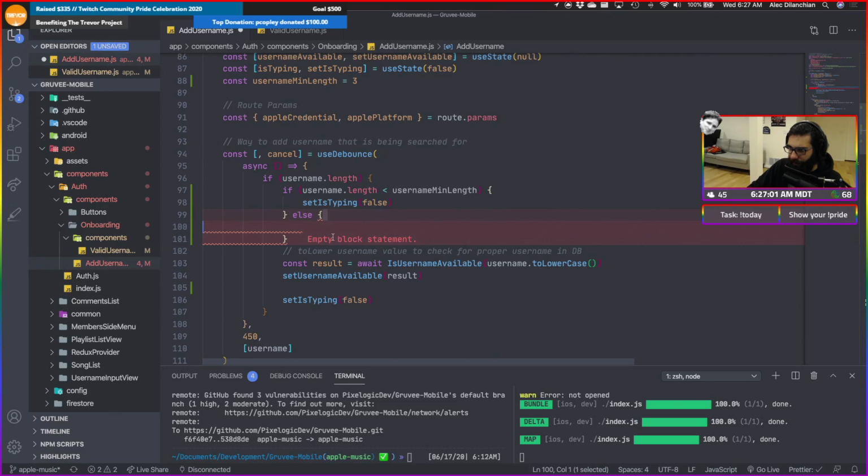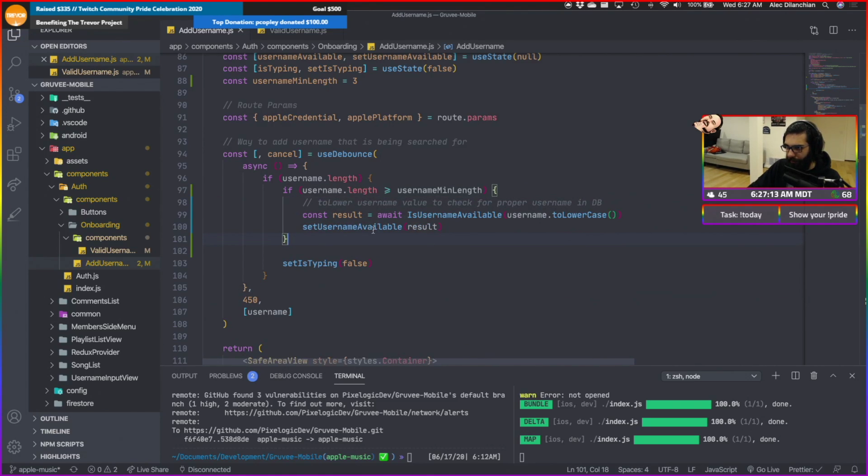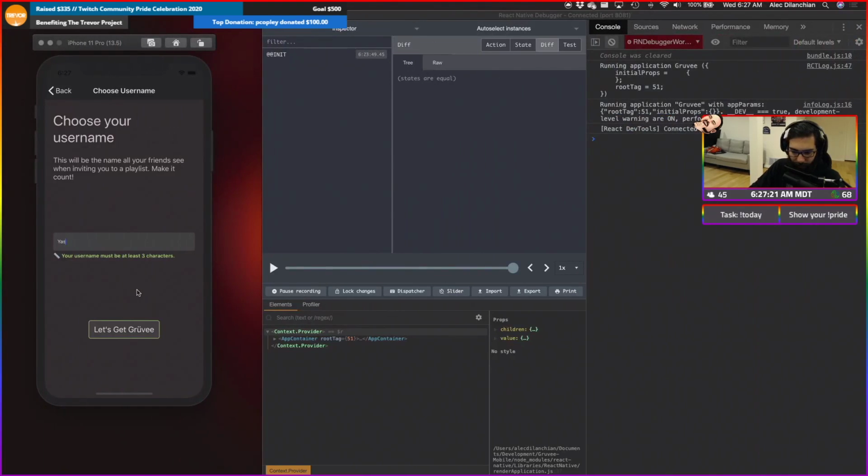Or no, sorry, I'm messing this up. We can do if username.length is greater than or equal to username min length, then we can do this. And then no matter what, set is typing to false. And we should be good at that point.